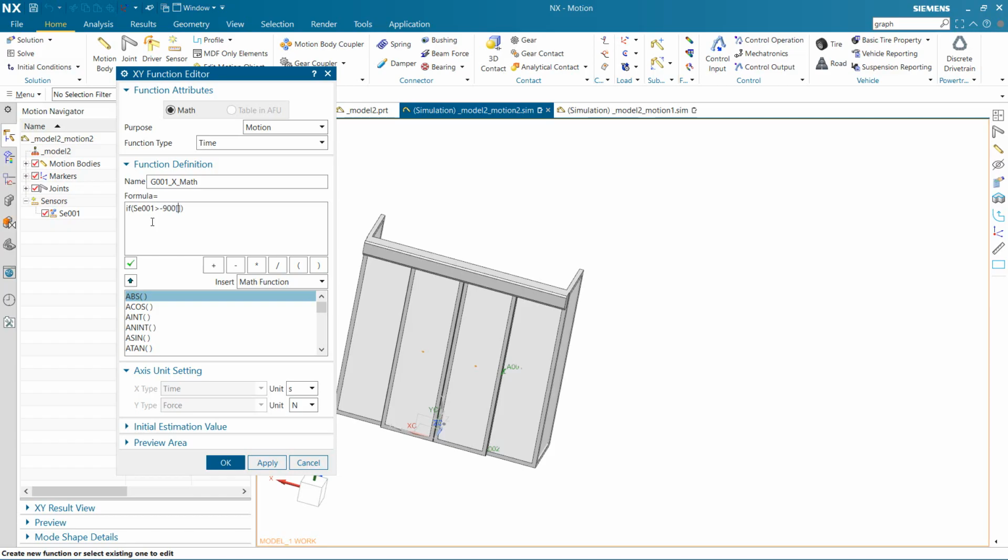In NX we use brackets for units. You have to have units for every number, or else it will create a wrong syntax. So if the sensor is bigger than minus 900, it will create a minus 100 newton force. Else, it will create a 100 newton force.